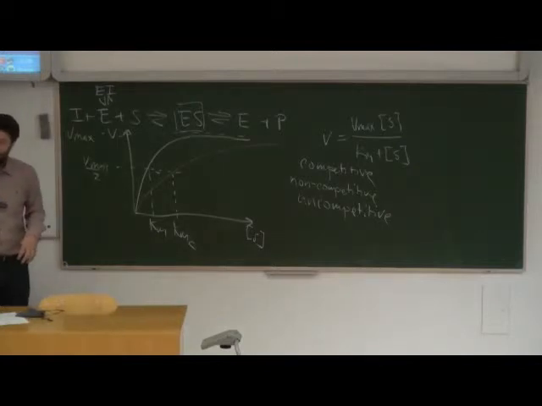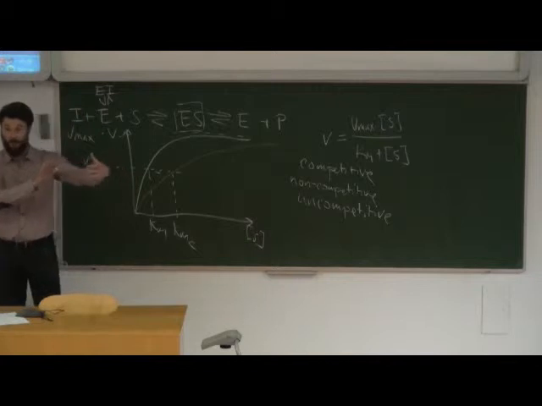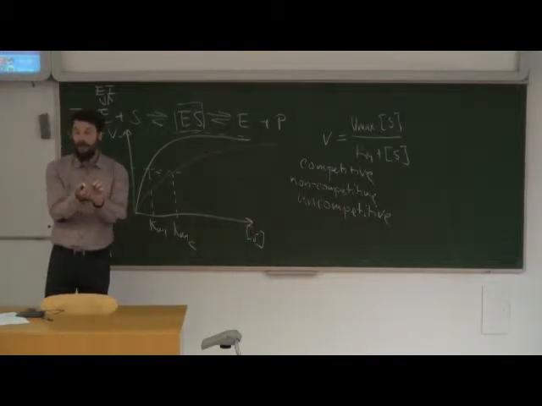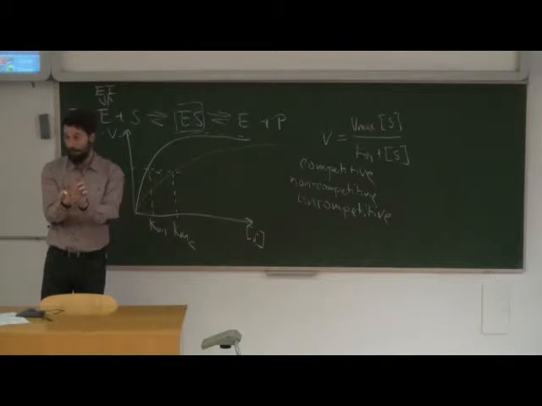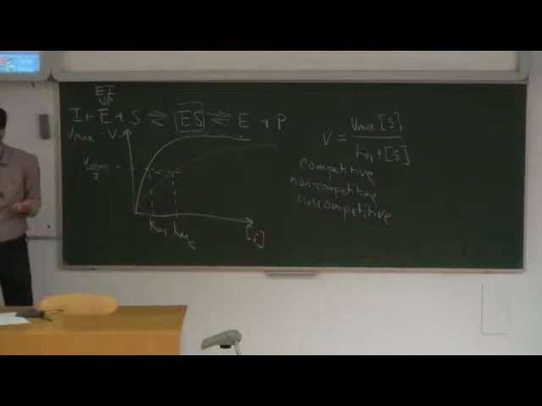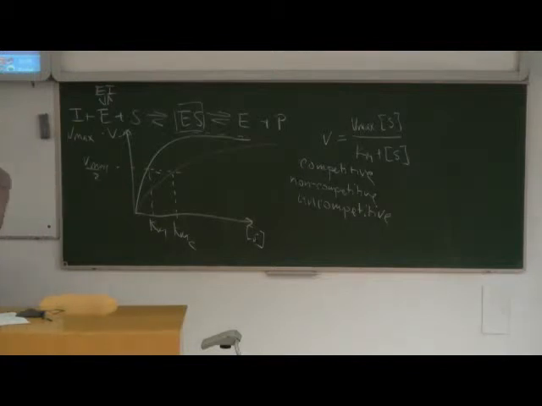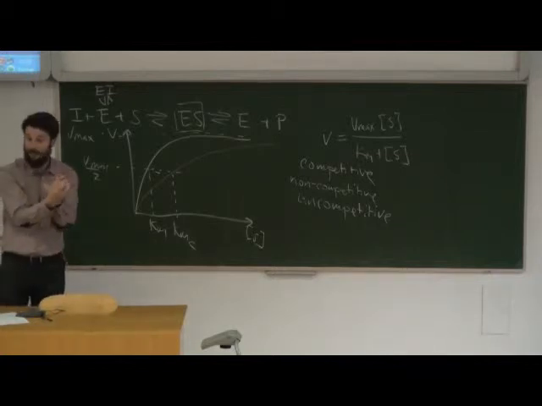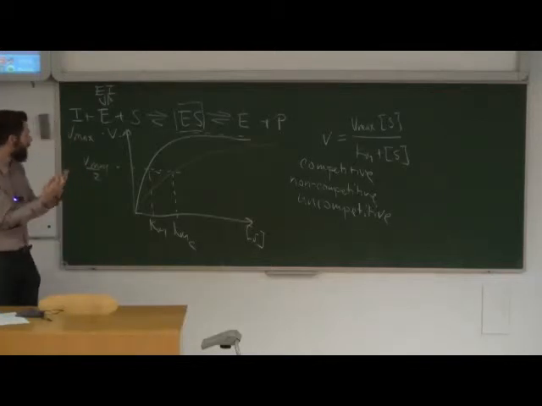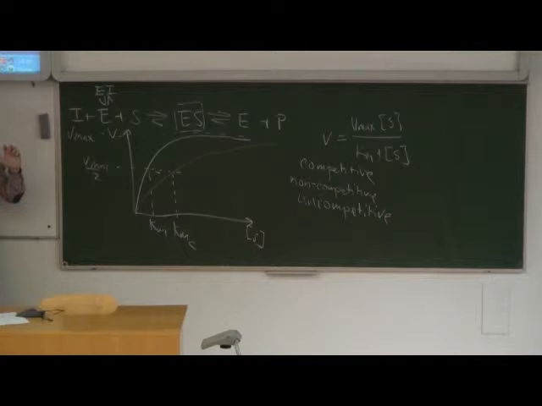Now, to make things more complicated, I'll go back from the bulk description to the individual enzyme. Obviously, the individual molecule will bind the substrate with the same affinity. The molecule of the enzyme doesn't know that there's also inhibitor floating around. So if it encounters a substrate, it will bind it with the same affinity. But the trouble is, it can also encounter the inhibitor, and it will bind with some affinity. And those two effects combined mean that the apparent affinity of the enzyme, the bulk affinity of the enzyme, is going down. So it's more like an average.